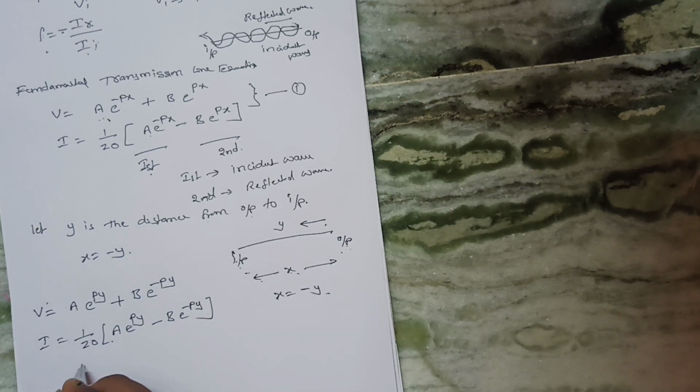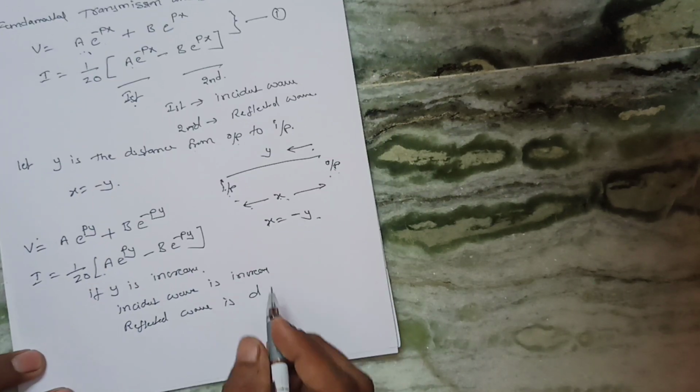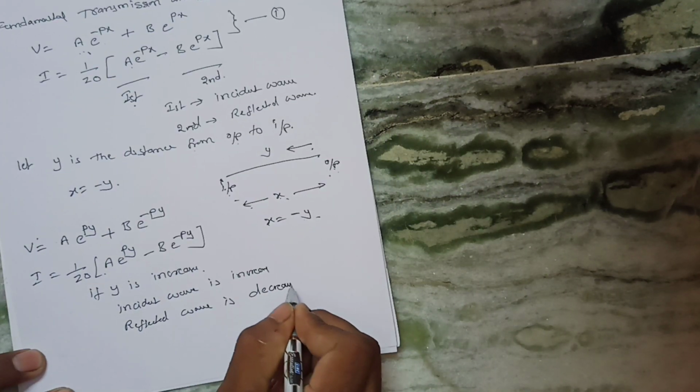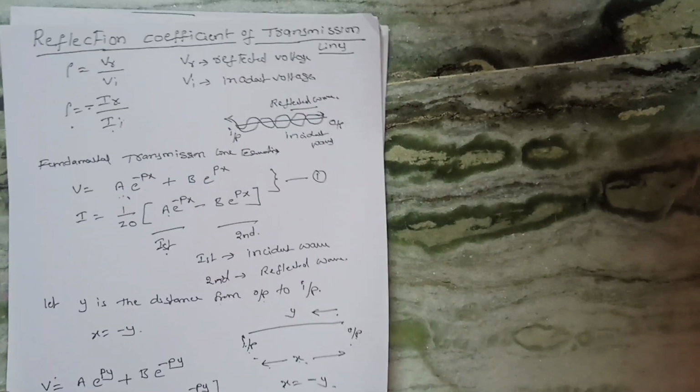Then if y increases, the incident wave increases and the reflected wave decreases. Now the boundary conditions: at y is equal to 0,